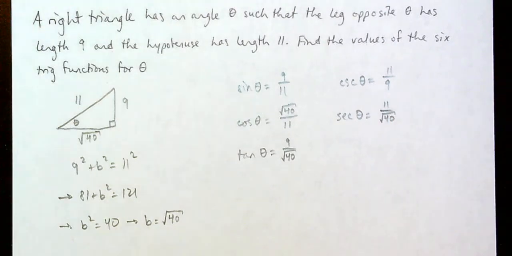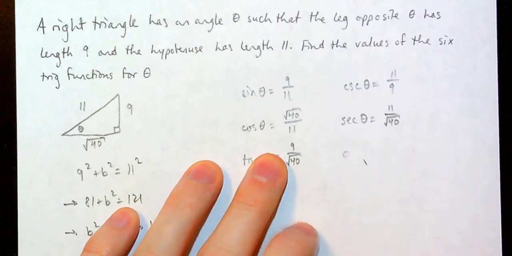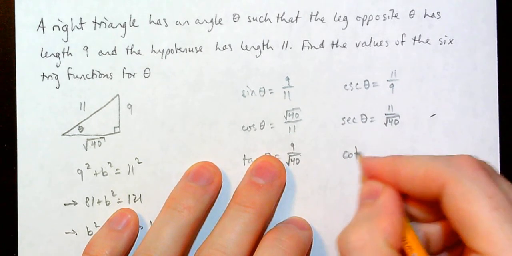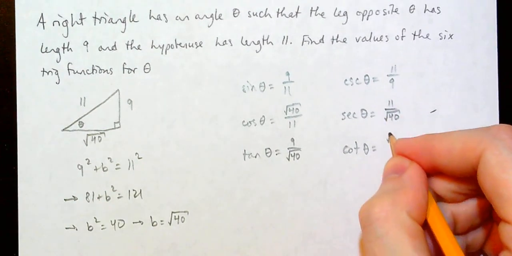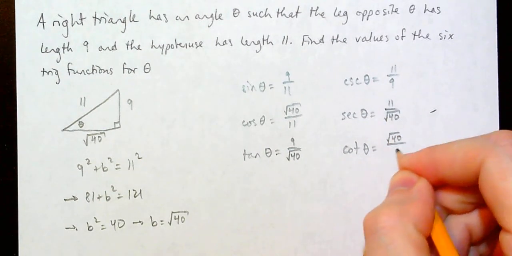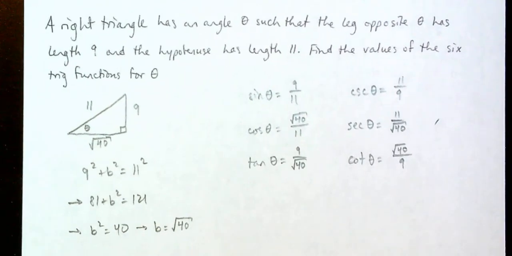And then to get cotangent of theta, take tangent and flip it. So we get the square root of 40 divided by 9. So that's how we find the values of the 6 trig functions for theta given 2 sides of a right